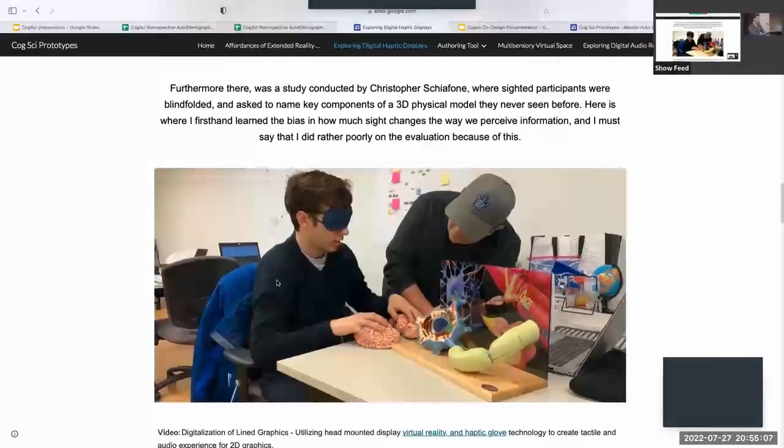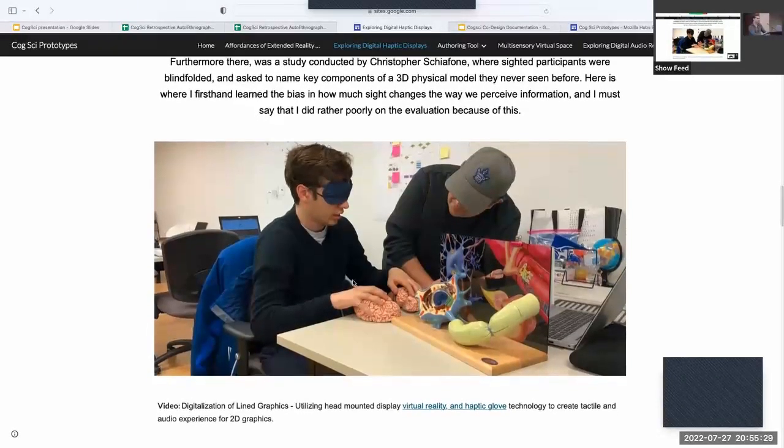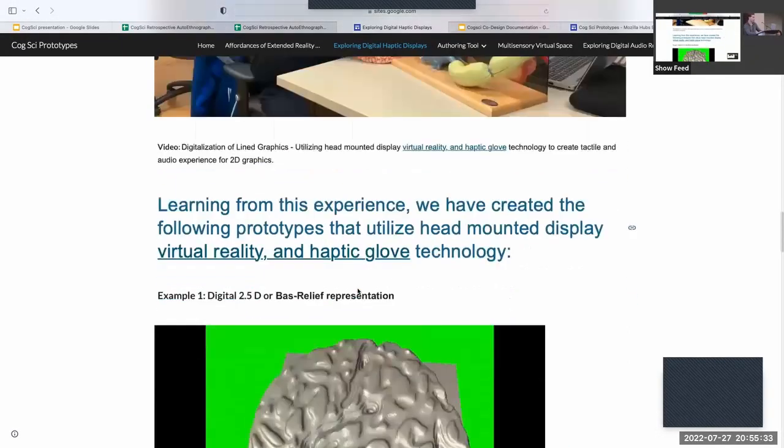And then even when I had my chance, this was actually an experiment where I would be given a 3D object that I'd never seen before. I was asked to touch it and label what I was touching. What objects, what am I actually feeling? I had a very hard time with this as well, which led to, hey, we need a better way to share 3D information and overlay this embedded information with the use of haptics and